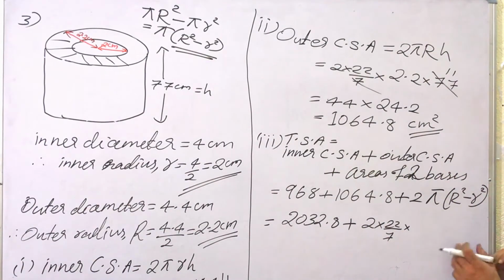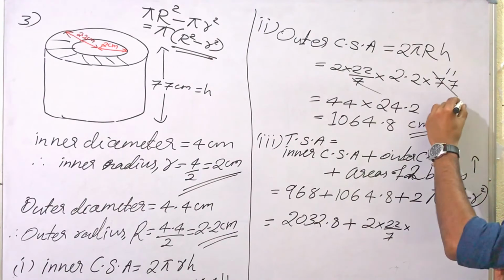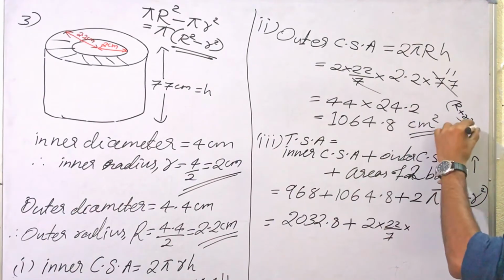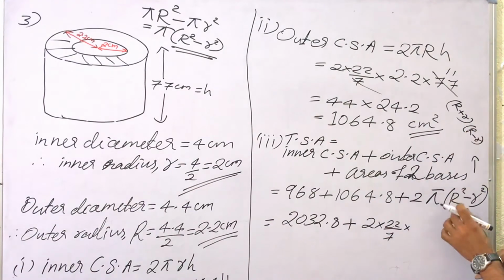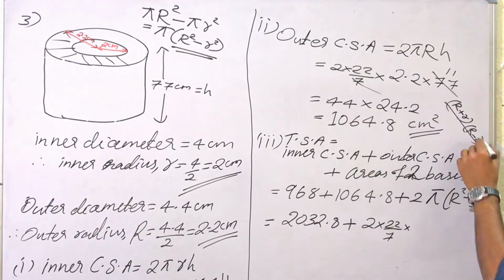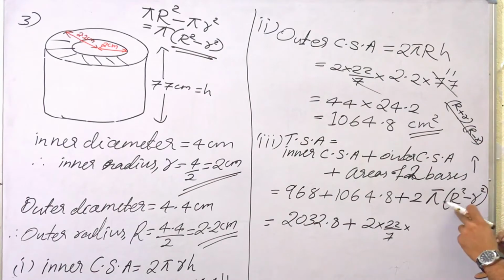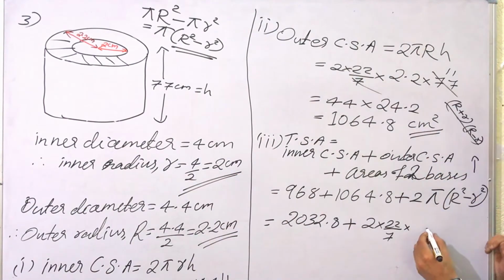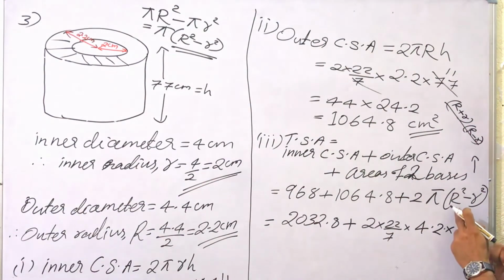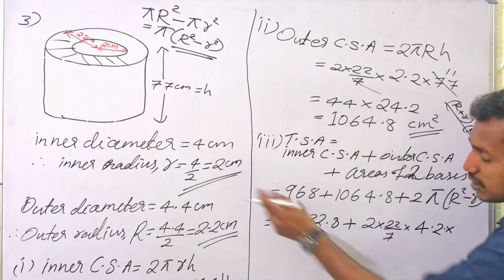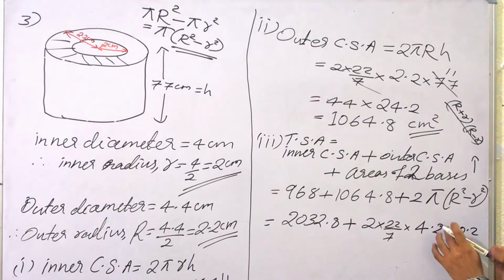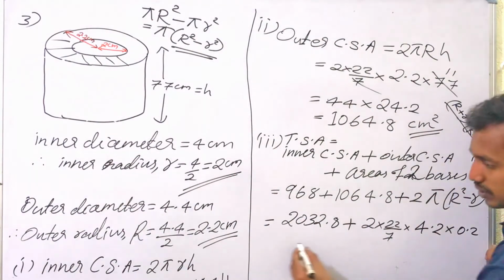That means we can simplify this into (R + r)(R − r). Or you can directly find this, but this is the best, simple way you can do it. a² − b² is equal to (a + b)(a − b). So then what we will get: a + b, that is 2.2 + 2, will be 4.2, into a − b, that is 2.2 − 2, will be 0.2, which is equal to